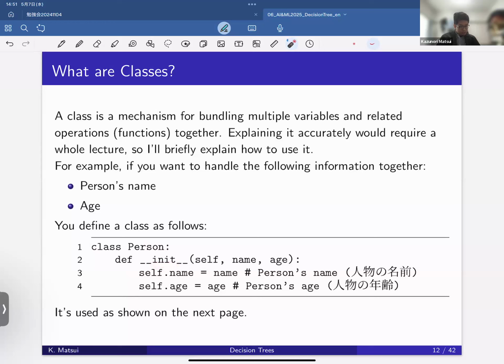This is, in a way, becoming a new type. Until now, we have worked with integers, floating point numbers, and string types, but this is like creating your own type. To show how it is used,